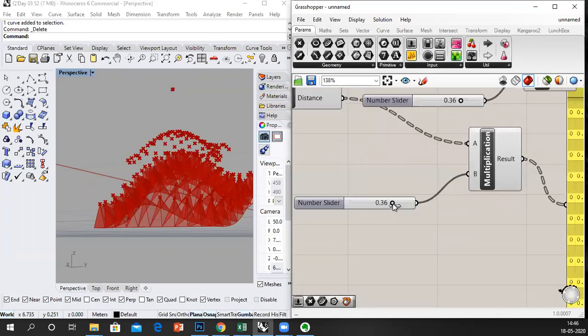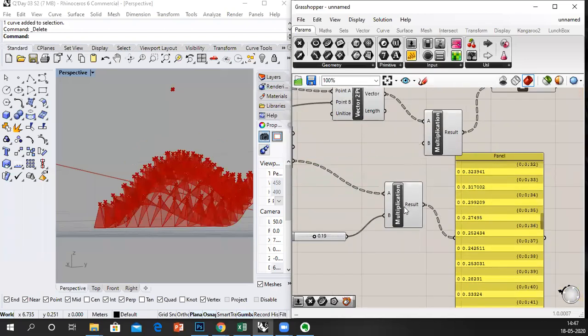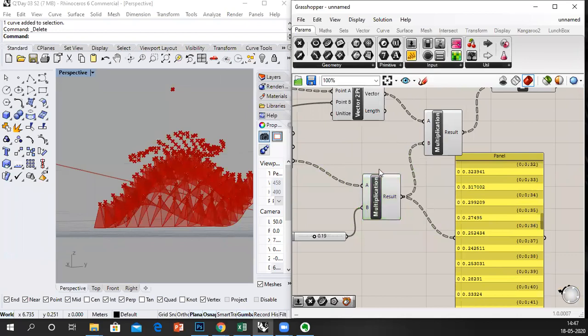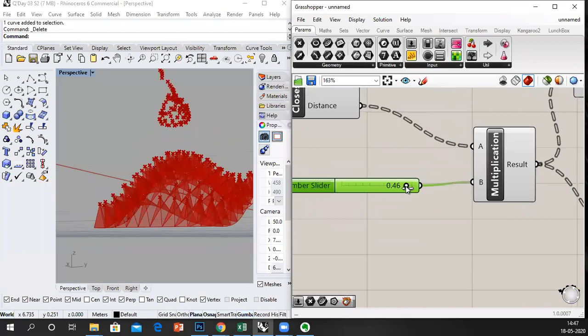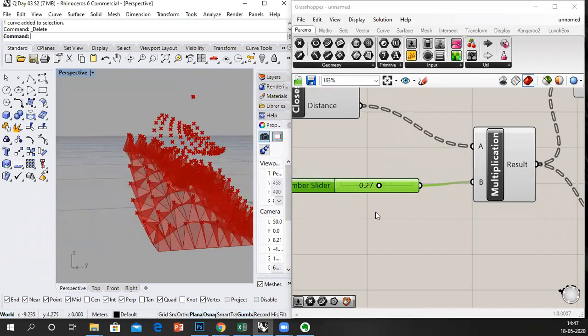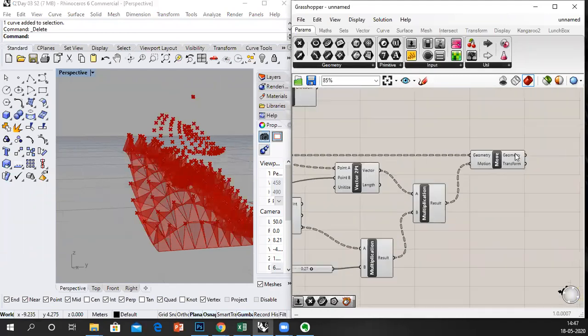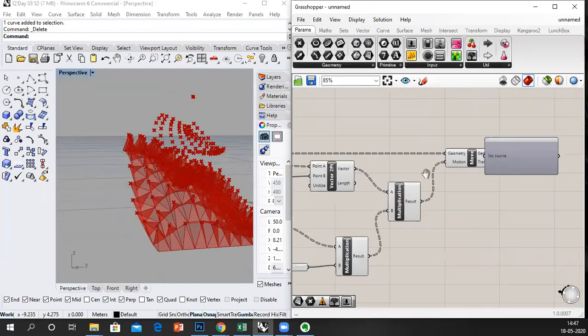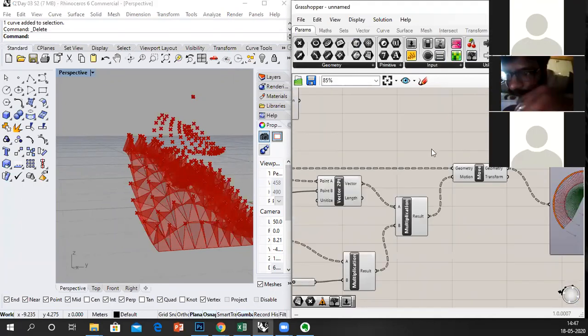That's still a lot higher. 0.3, yeah, 0.3, 0.2 sounds good. Instead of connecting this, I'm gonna connect this value. So if you see, all of these points move with respect to the distance between those two. So these are the new set of points. Let's check the data tree to see how the data is. Yeah, it's a split data tree.